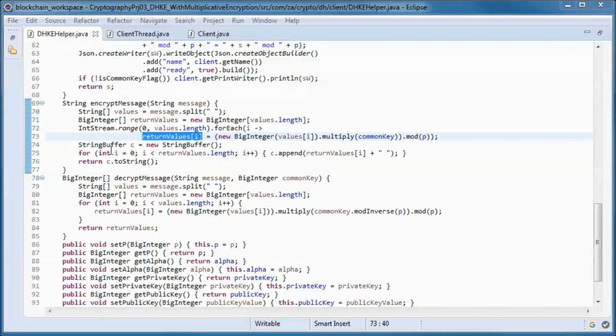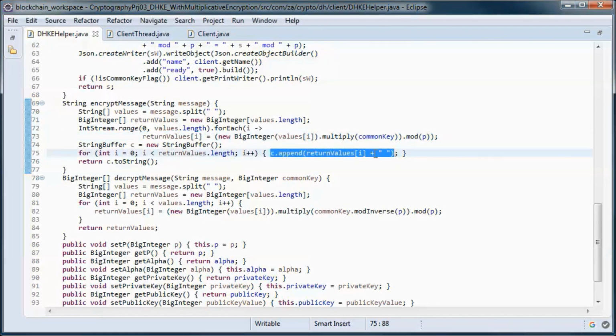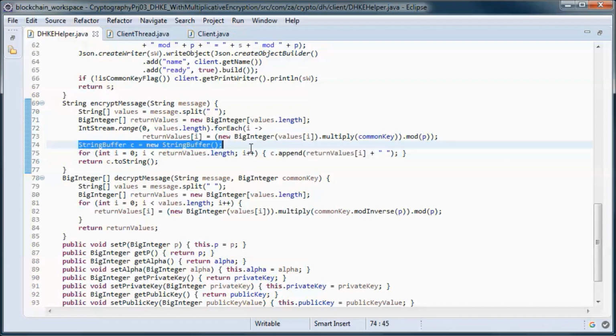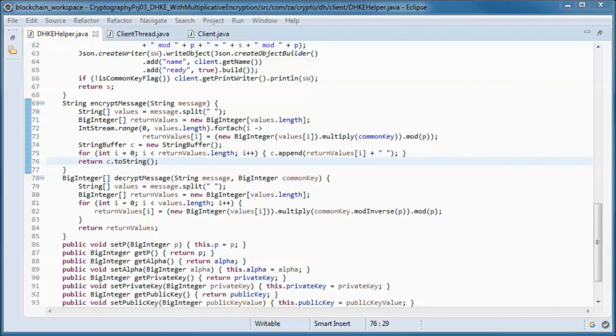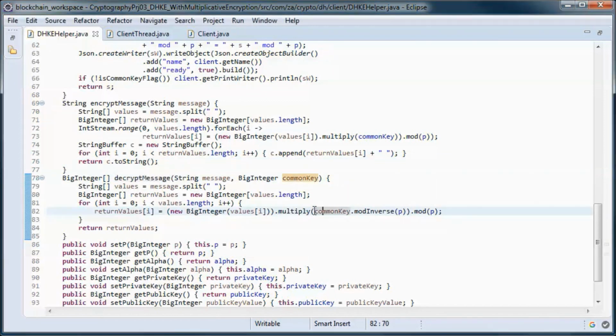And return everything as a string. So we put everything in this string buffer and return it as a string. And to decrypt, we're using the inverse of the common key in mod P. So we are multiplying by that and returning the decrypted message.